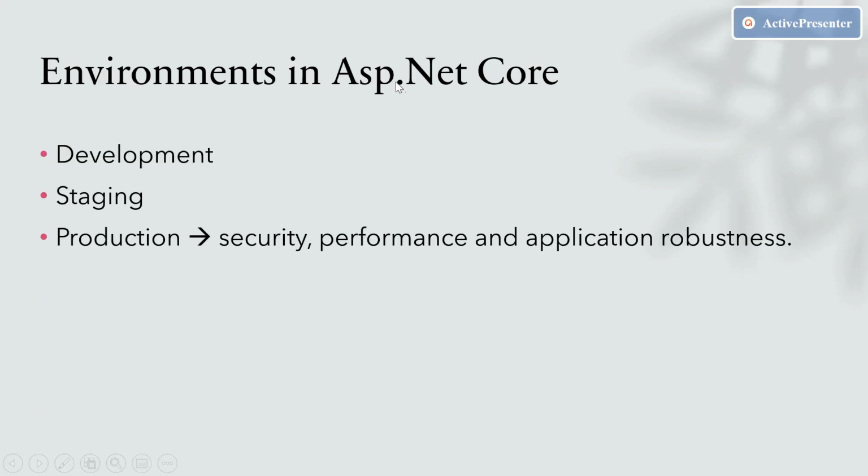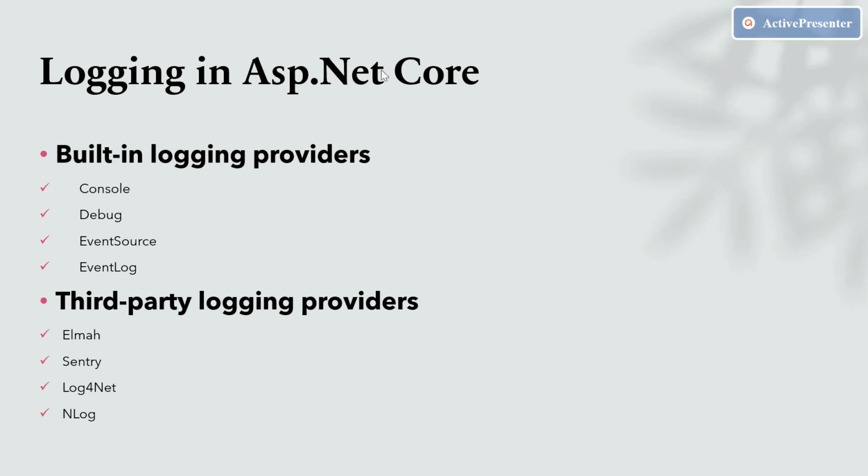In this session, we'll discuss how to add logging capabilities to ASP.NET Core applications. By default, ASP.NET Core provides console, debug, event source, and event logging capabilities. There are many other third-party logging providers as well. In the upcoming session, we will configure one of the third-party logging providers called Elmah. And we'll also talk about how to configure Application Insights. Okay, let's begin the working session.